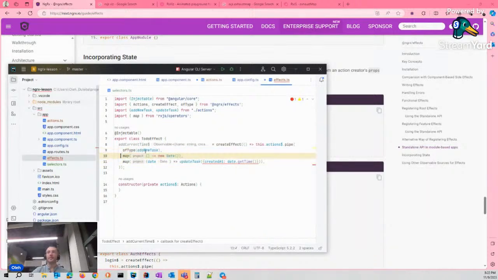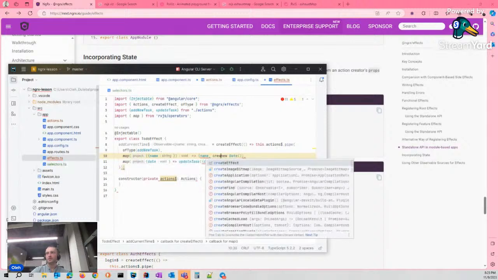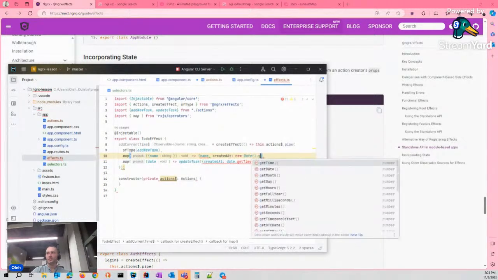In my operator's map, because add new task was filtered, and here I can get the information from this event, from this action name, but I have to pass it further somehow. Let's create new object here. First one, name. Second one, this created at new date, get time.